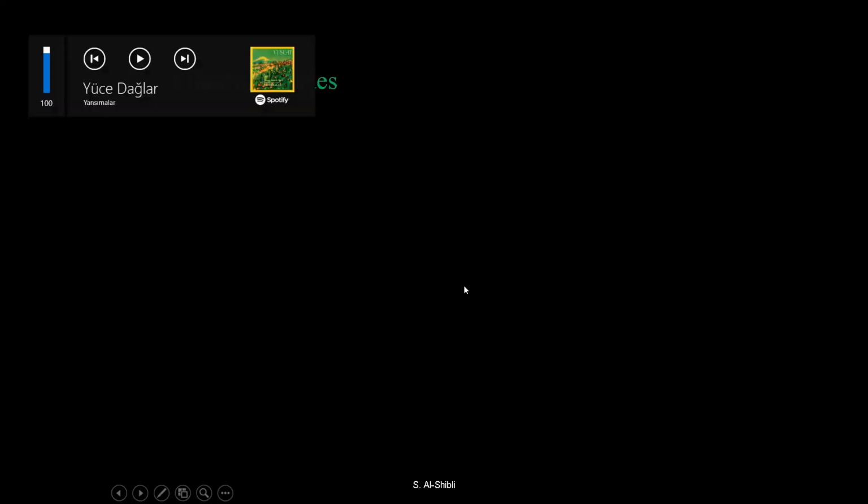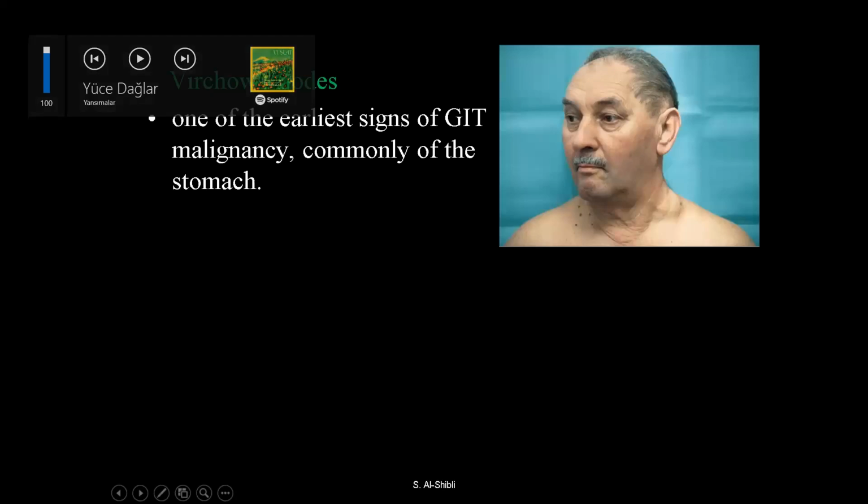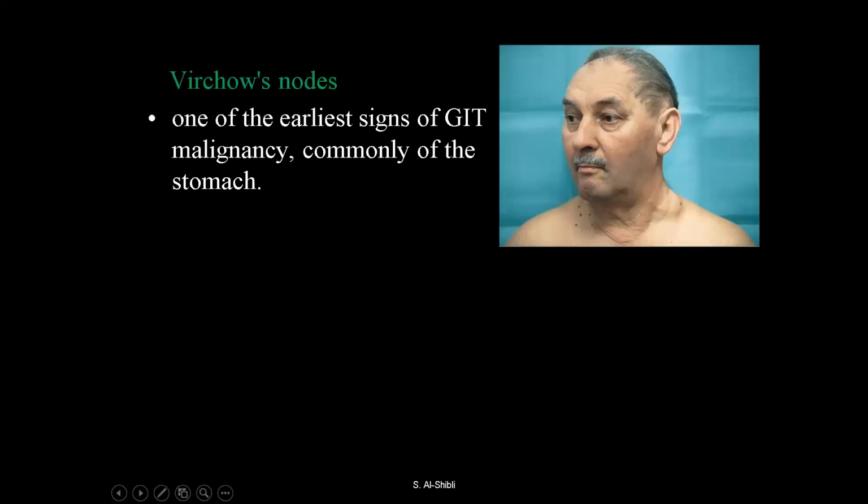Okay. Some applied anatomy: what are Virchow nodes? Can anybody tell what Virchow nodes are? Yes? Nobody. Okay. Virchow nodes are one of the earliest signs of malignancy, especially in the GIT, and mainly coming from the stomach. Here, mainly the left supraclavicular